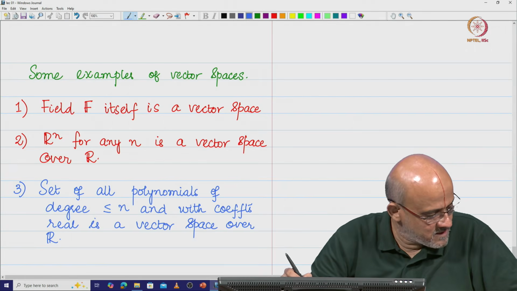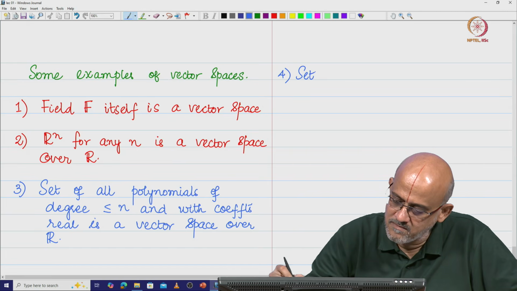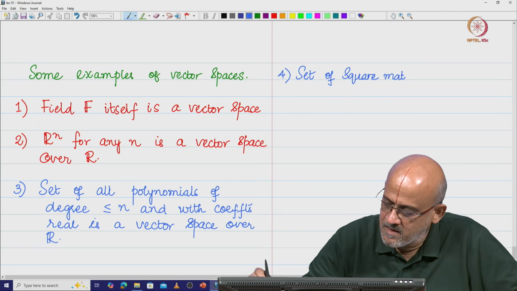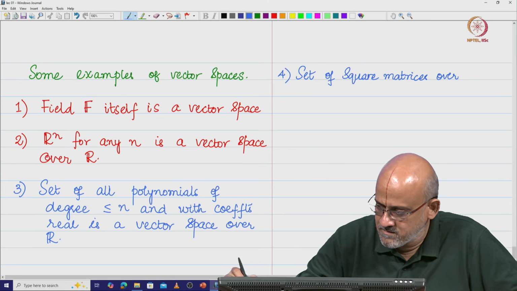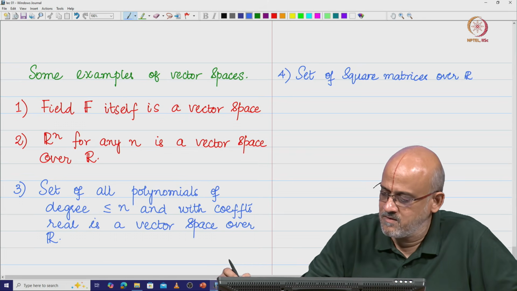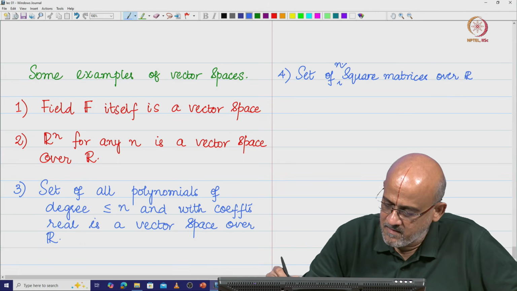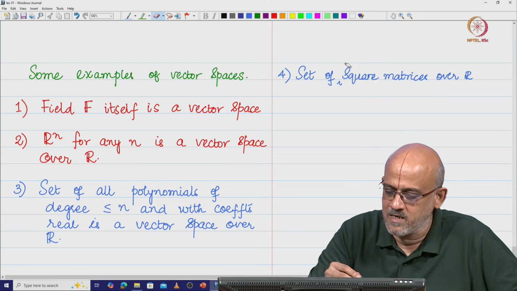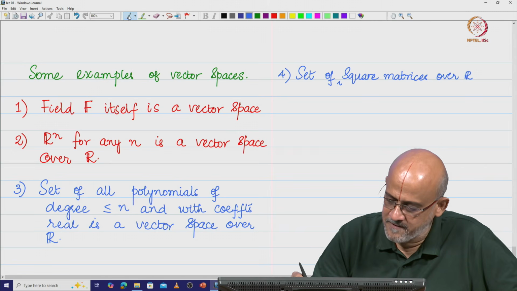We also have the set of all square matrices over R. Okay. Set of square matrices, let us say n by n square matrices, of dimension n, anyway it is taken care of. The set of square matrices over R would be a vector space, because